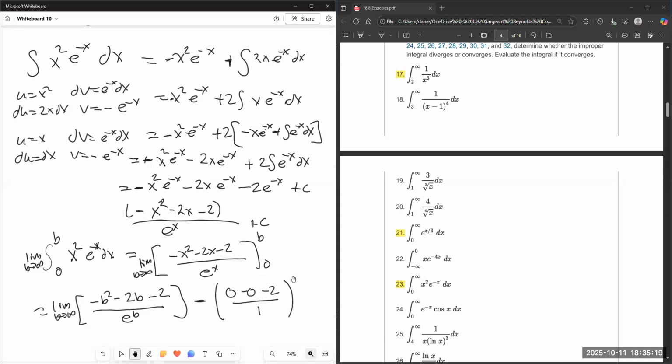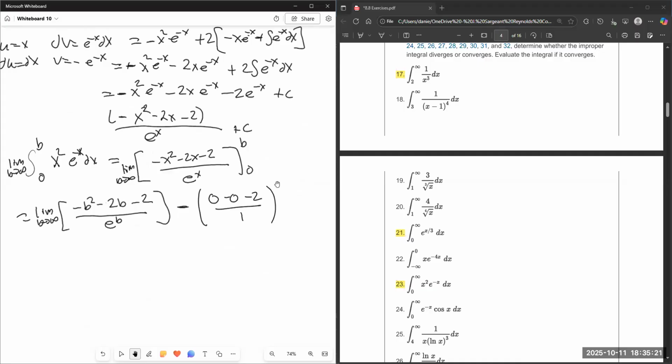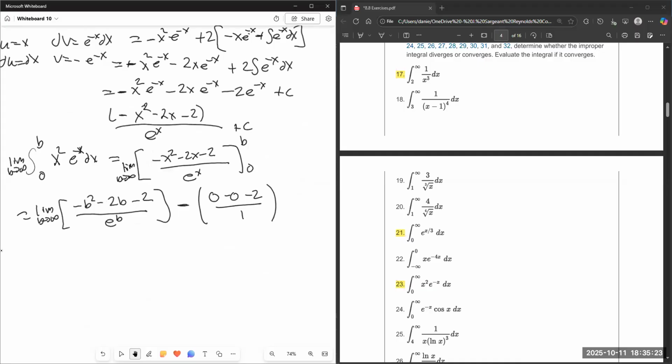So this is going to be, by L'Hopital's rule, limit as b goes to infinity, negative b squared minus 2b minus 2 over e to the b equals 0,